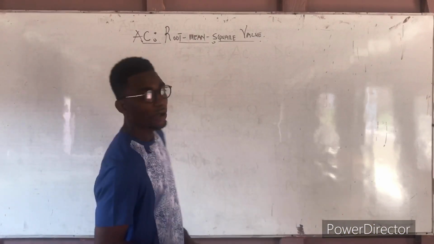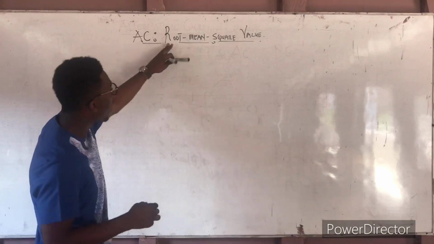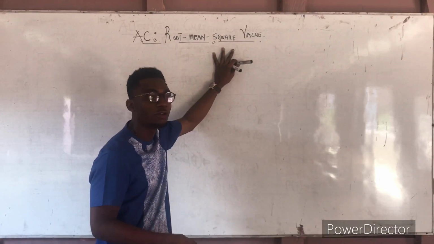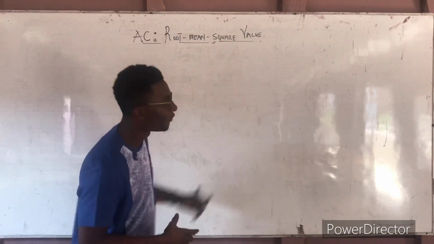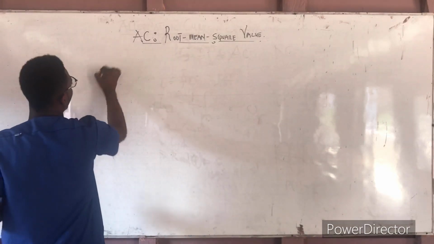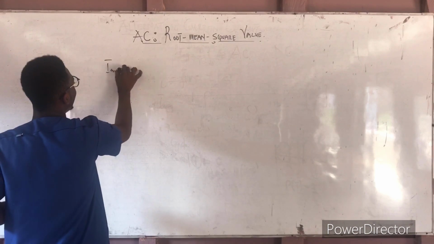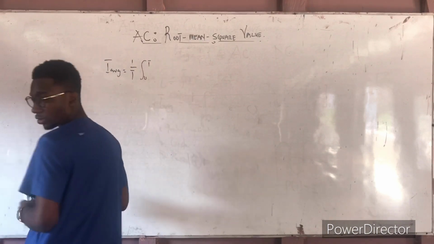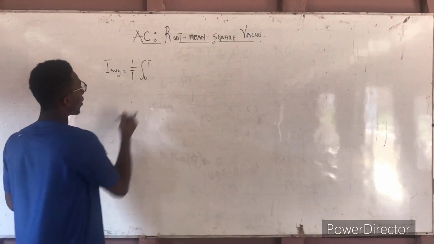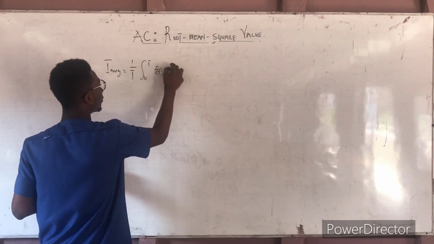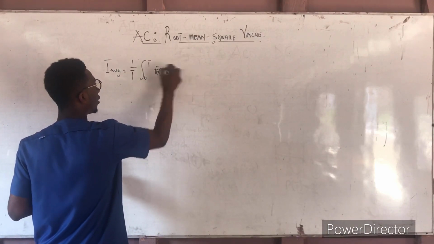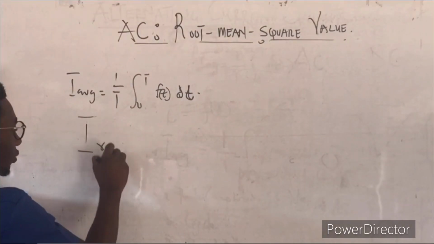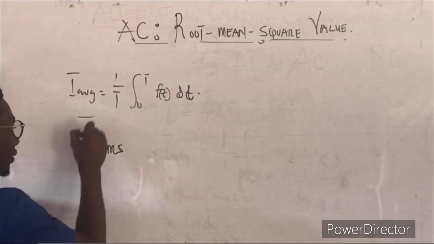Now realize that we can derive the root mean square equation, the formula for finding the root mean square value, from the average value. From previous videos, we realize that the average value is 1 over T, integral from 0 to T, of the function, dt. So if you want to find the root mean square value, which is I RMS,